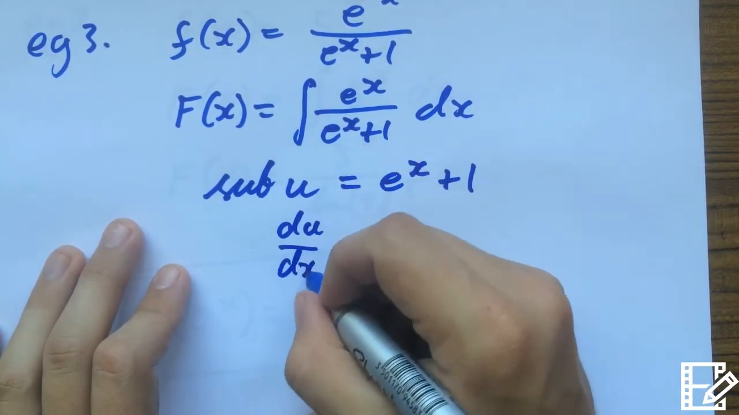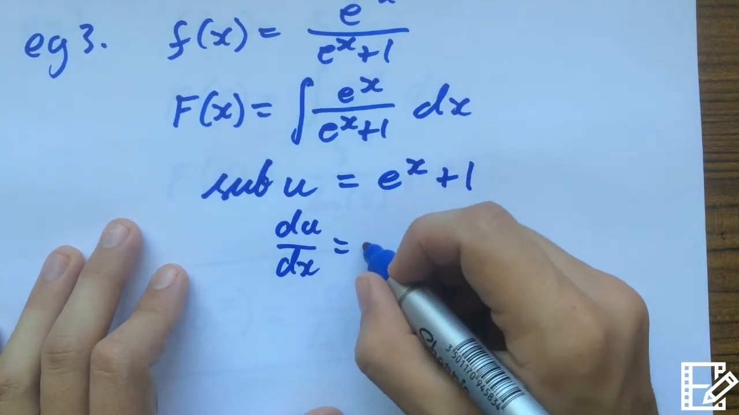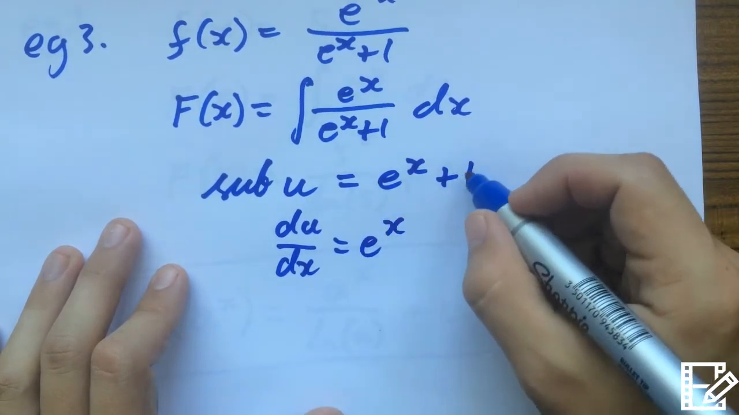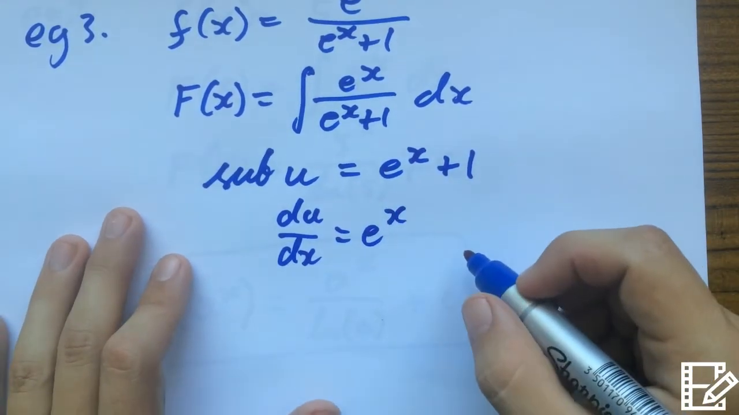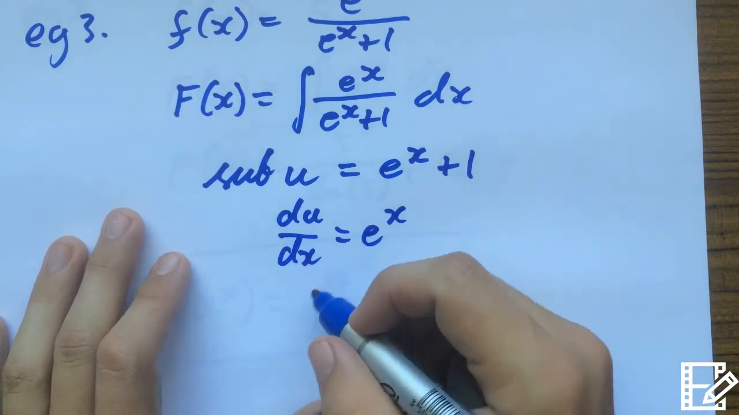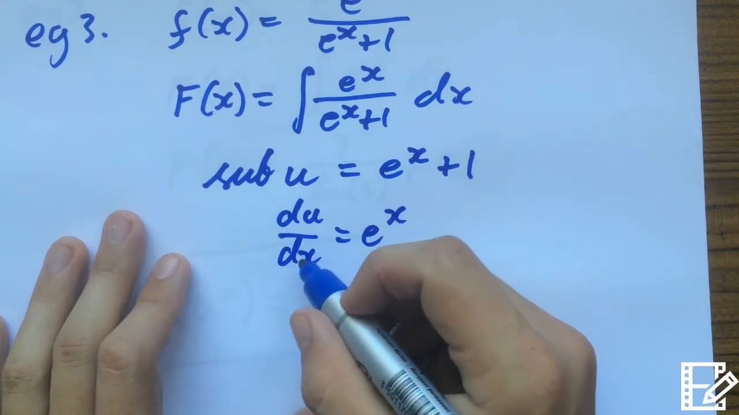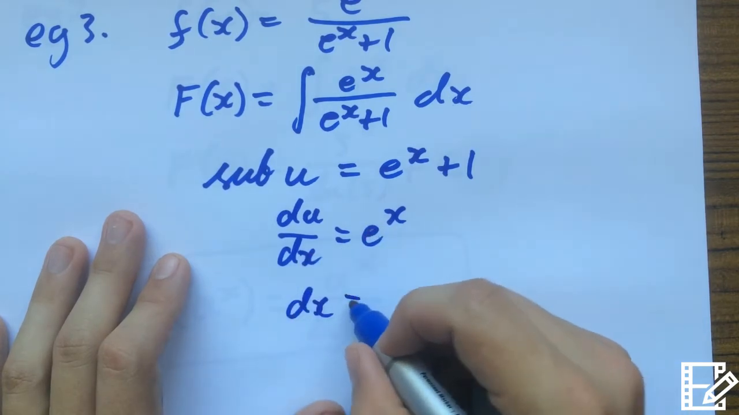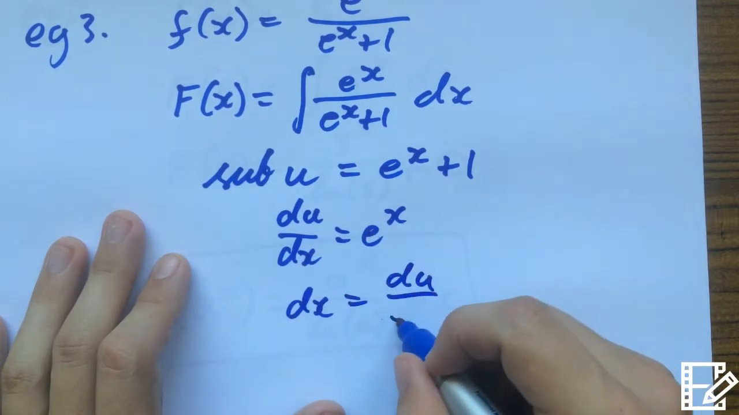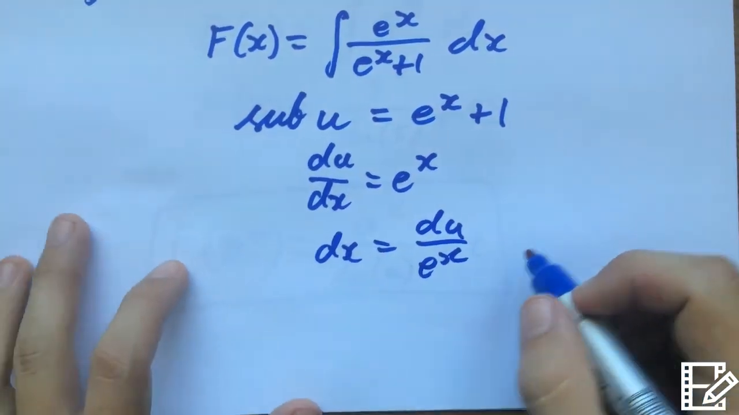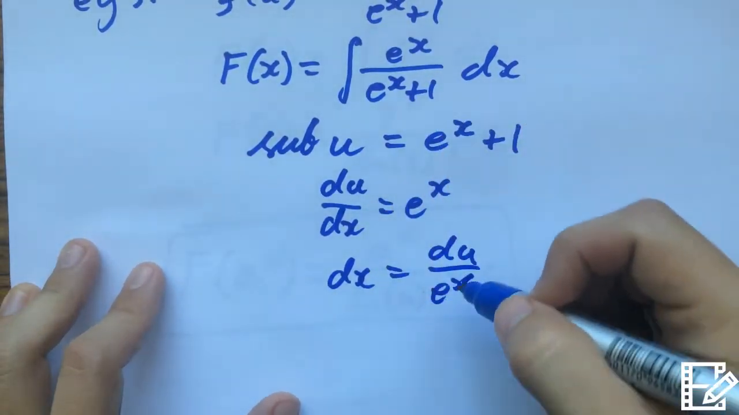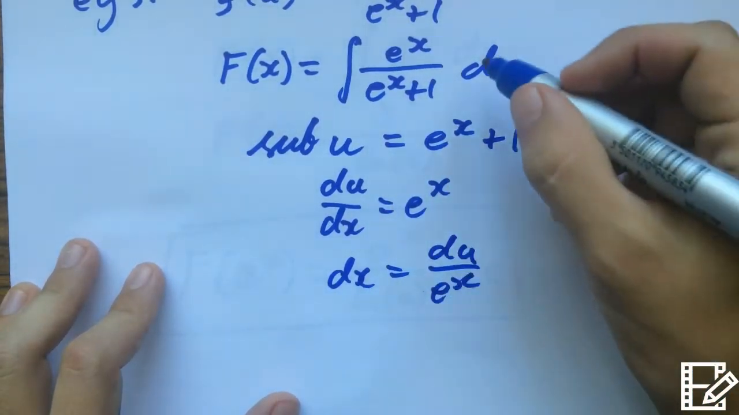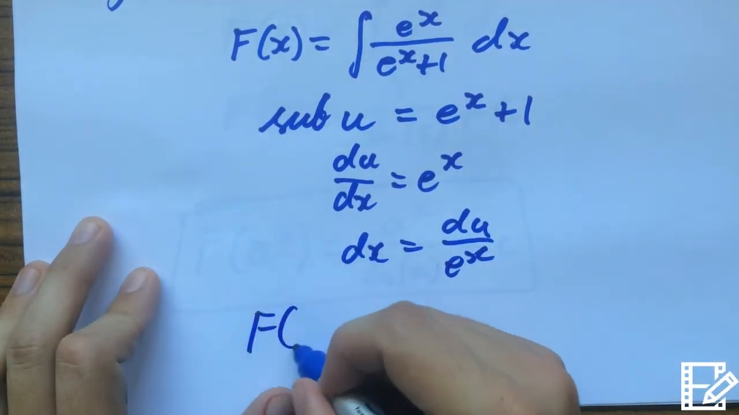Derivative, well, the derivative of e to the power of x is just e to the power of x, and the derivative of 1 is 0, so I'm not going to bother writing it. And just like you would with the substitution rule, we've got to isolate dx on its own. So we just basically switch these two around, and we end up getting du on e to the x. Okay, we're going to sub in u, and we're going to sub in our new dx value, which will give us